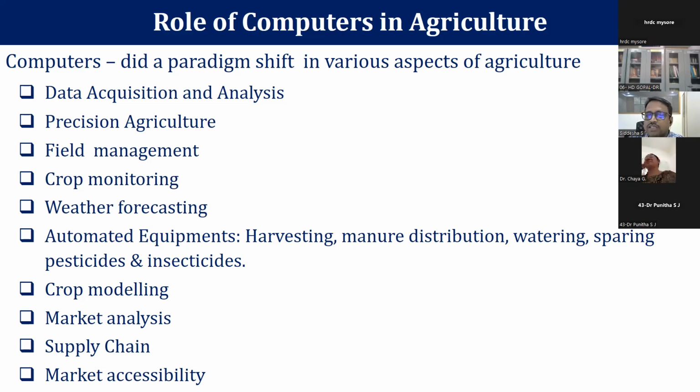The second part is precision agriculture. This is very much appreciated across the globe, and many countries are pioneers in agriculture technology. India started just in the last decade, and it is also improving. Along with precision agriculture, there is field management. As I mentioned, crop management is not restricted only to a single plant; it is for the whole field, how I am managing the whole field.